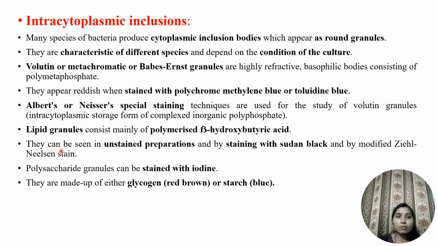There are three types of granules. First is the volutin granule, second is the lipid granule, and third is the polysaccharide granule. The volutin granules are also called metachromatic granules, and they are mainly responsible for the intracytoplasmic storage of complex inorganic phosphate material. We can see the volutin granule with the help of Albert's special staining technique. The second granule is the lipid granule. This consists of polymerized beta hydroxybutyric acid, and we can see these granules with the help of